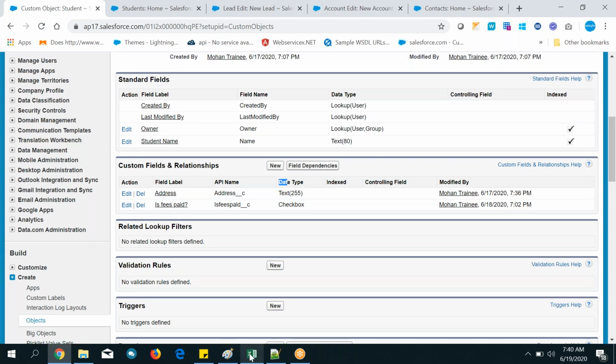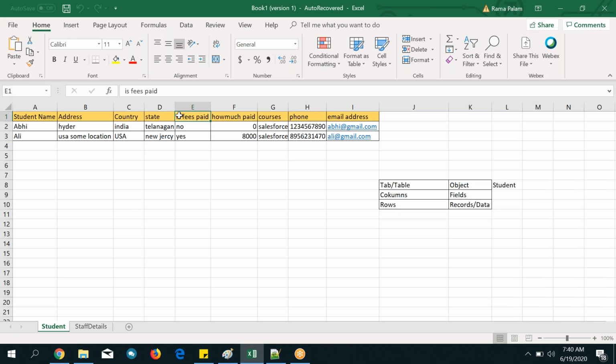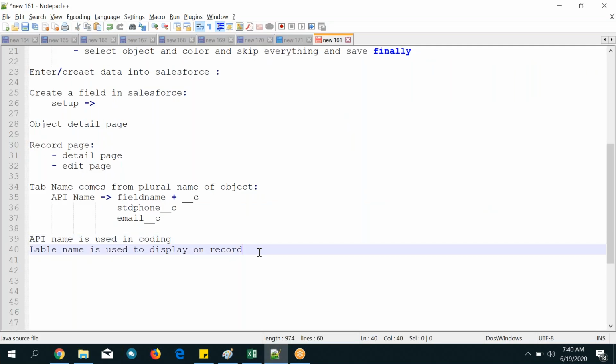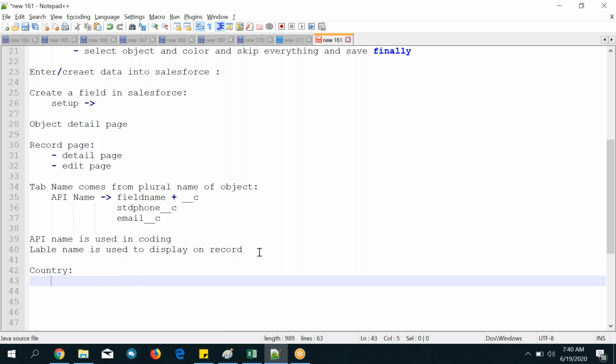Next, like this we can create some other fields also. Country. Now I want to add country. If I want to create a country field, generally worldwide how many countries are there?